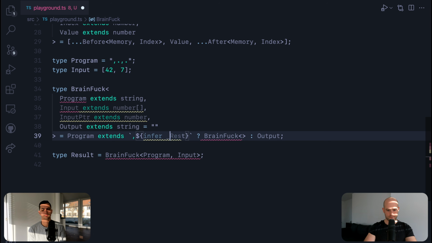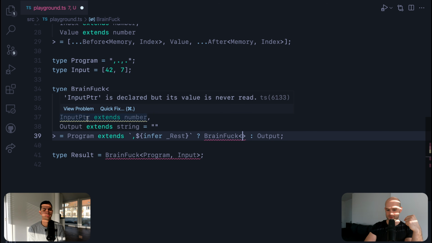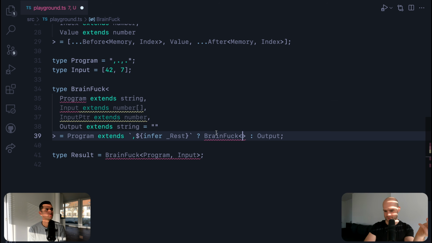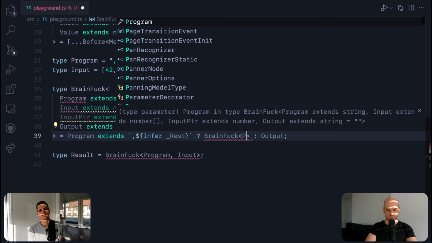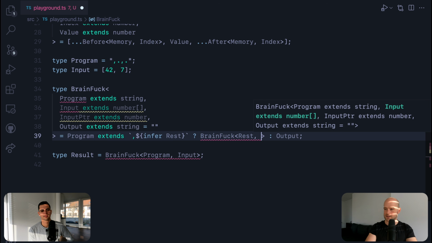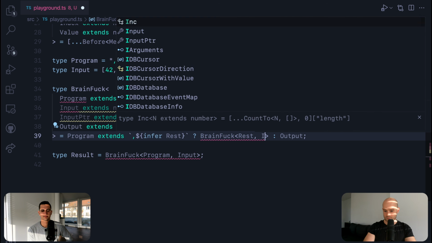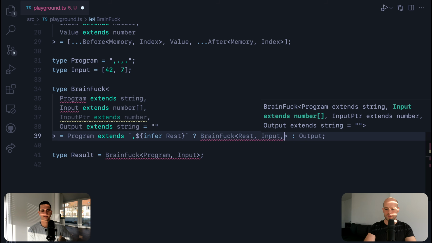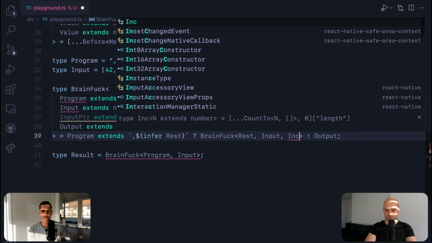Now, if it's a comma, we read the input, so put the input in memory, and increment the input pointer. Yeah, that's all we need to do. So program is the rest of the program. We only need the remaining commands to be executed in the next call. The input never changes. We increment the input pointer.